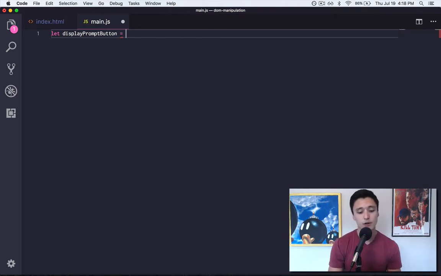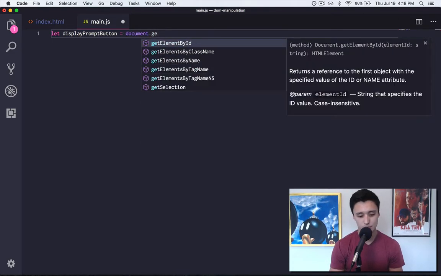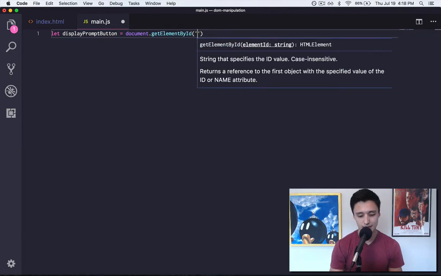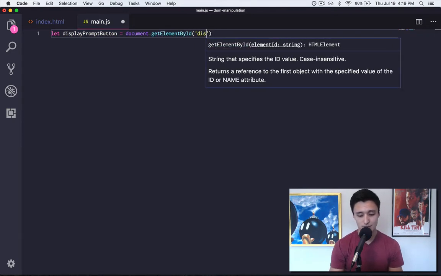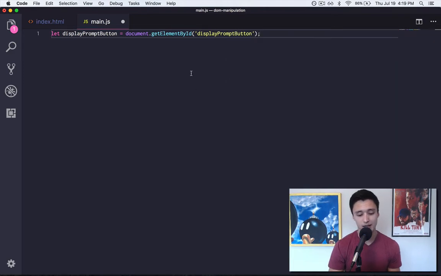So we're going to call our variable displayPromptButton, and then we're going to set it equal to document.getElementById, and within that we're going to pass it a string, which is displayPromptButton, like that. So document is a special object that's our HTML document, and it has a function, getElementById. So we pass it a string, and in this case it's the ID name, and what it does is it